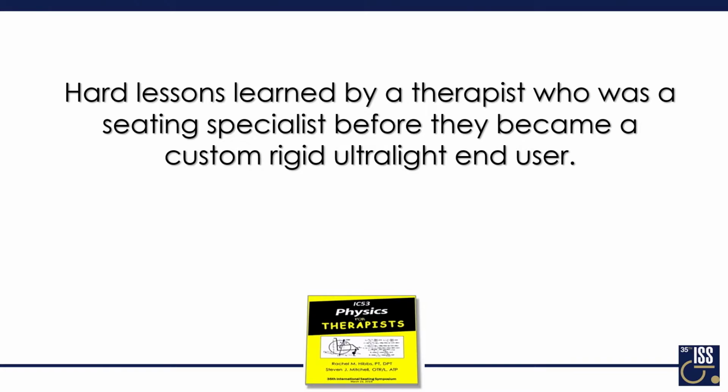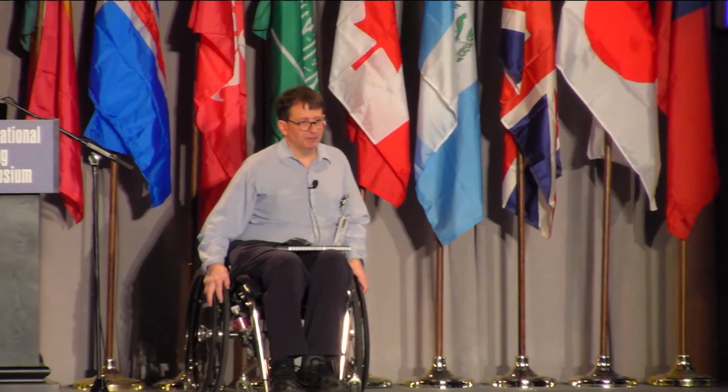So I'll tell you a little bit about my personal experience. I was a seating therapist before I used a wheelchair. I was injured. I was a C6 injured back in 1982, but I recovered enough function so that after a year I was pretty much ambulatory, and I went to school at Ohio State. Didn't use any devices other than an AFO. And when I got out of college, I didn't even specialize in spinal cord injury. I worked in traumatic brain injury, and then I did driver rehabilitation. And then I didn't find a life in the spinal cord injury world until 2004 when I started at the